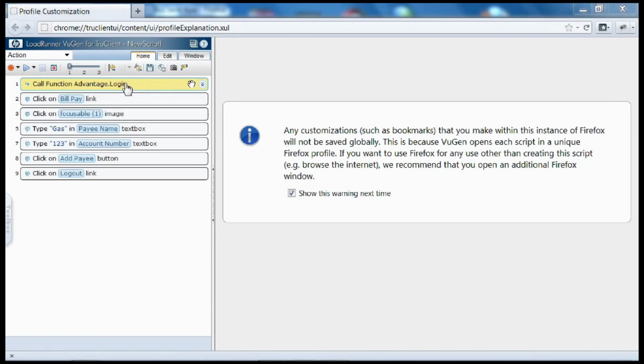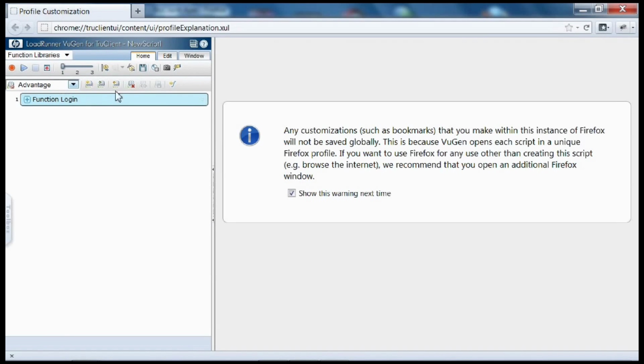Now we'd like to use the login function we've created in other scripts. Let's see how this is done. We start by exporting the function library we've created.